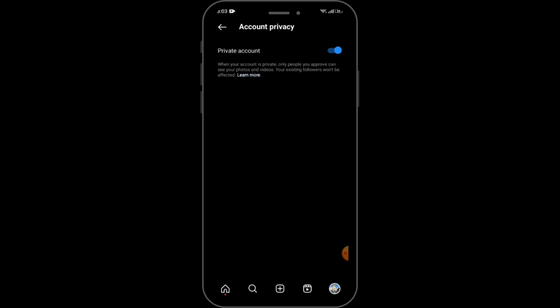hashtag you are searching for, because hashtag is usually used for promoting the post. But if your account is private, then Instagram won't promote your post, so you won't be able to find